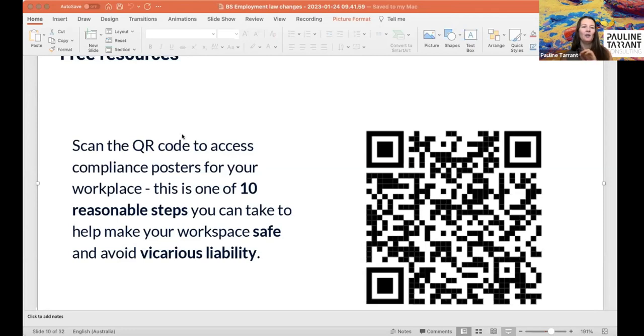Okay, so the next element that changed, this is the final major change that came through in the new legislation. This actually takes effect soon, so that's May 2023 that this comes through, and this is around flexible work. So people who have young children have already got the right to apply for flexible work, and you have a duty as an employer to consider it, but you don't necessarily have to grant it. But